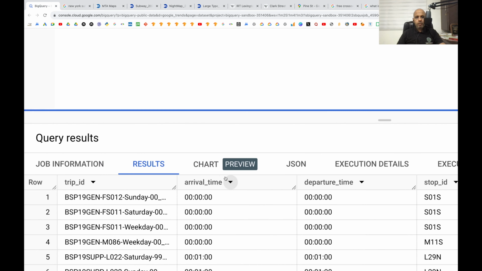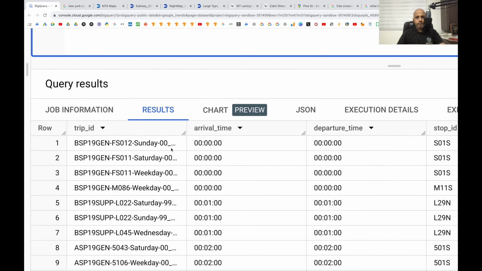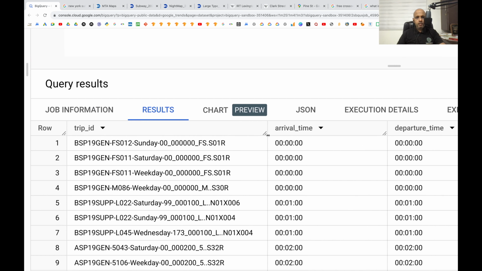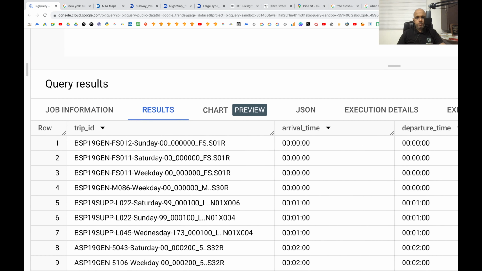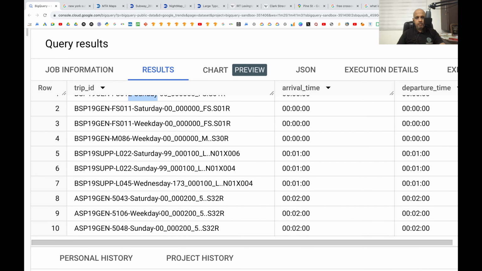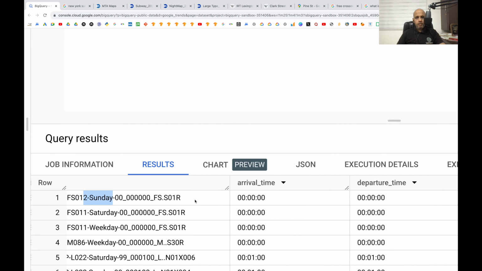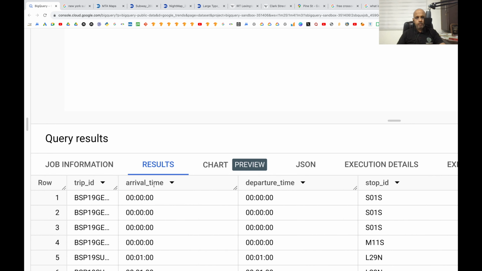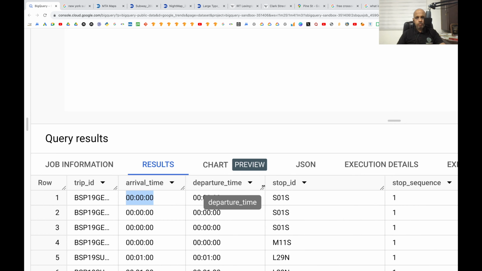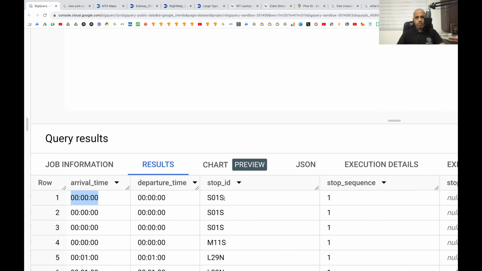Okay. So for stop times, we have the trip ID. And trip ID has plenty of information. I'm not sure what each of these means, but as we look through the dataset, we may be able to find out. One thing for sure we can see is the day. This is Sunday. And the rest, I'm not sure at the moment. Arrival time, that's 000. Departure time, 000. Stop ID is